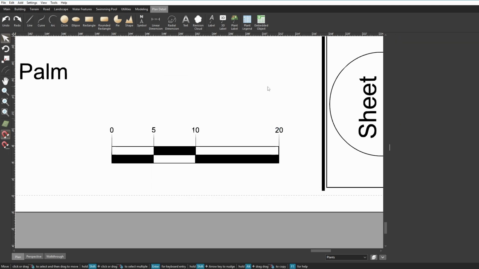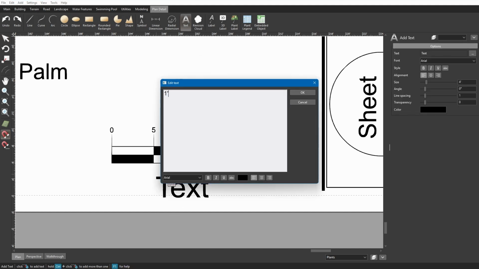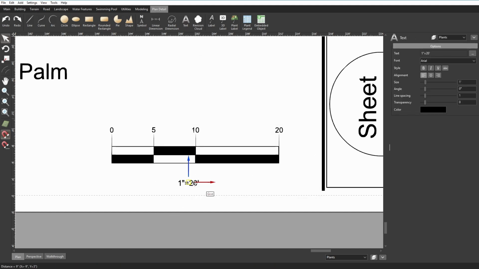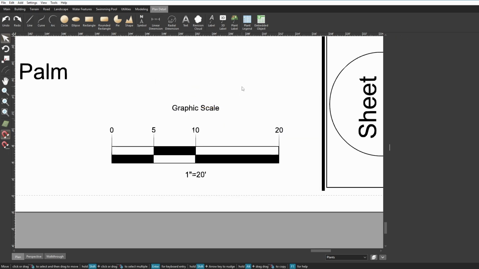And there's the finished graphic scale. I'm just going to add a couple more labels for the scale. And there we go. Now, if you'd like to save this custom graphic scale as a symbol, we can select